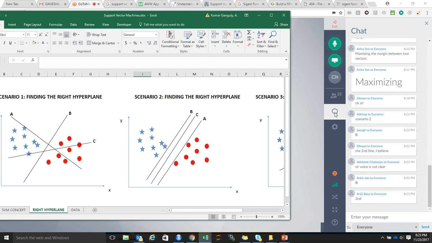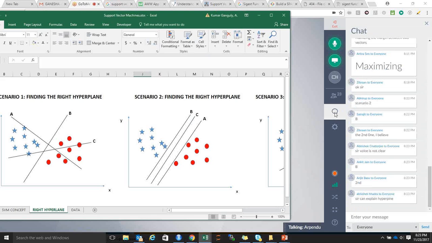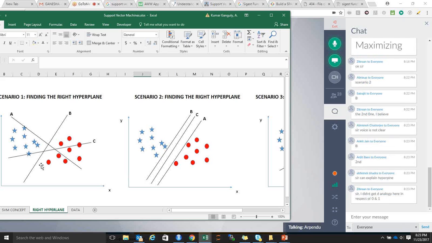Hyperplane is basically a line which tries to distinguish between your two classes of output, which is basically your y equals 0 and y equals 1. So again, coming back to the fundamental problem, what we're trying to achieve is that, let's say we have this